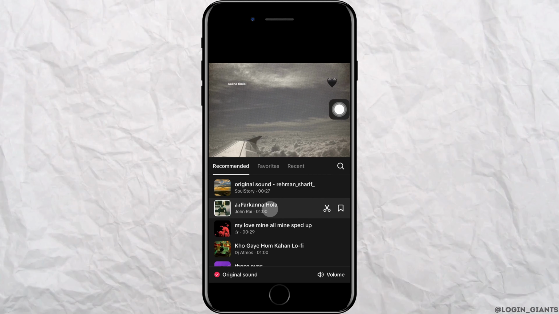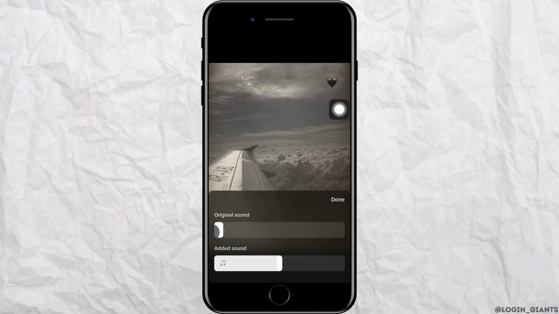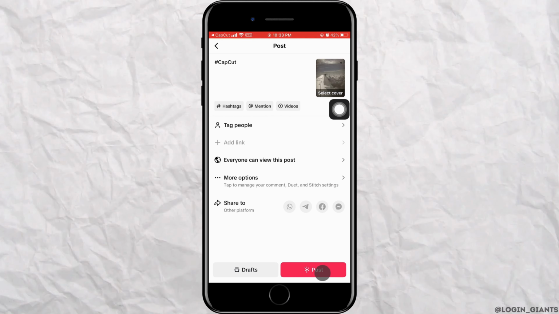Then tap on volume, that is on the bottom right corner. Then you want to decrease the volume of the original sound of this video. After you do that, you can share it on your TikTok or save it. So that is how to change the song on